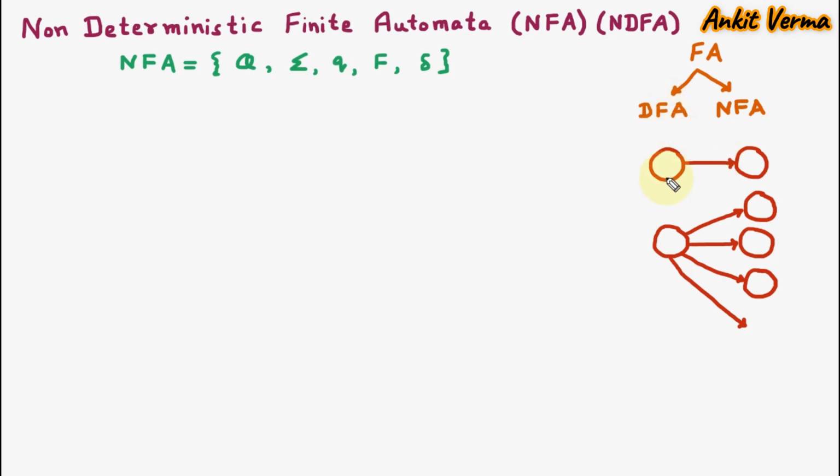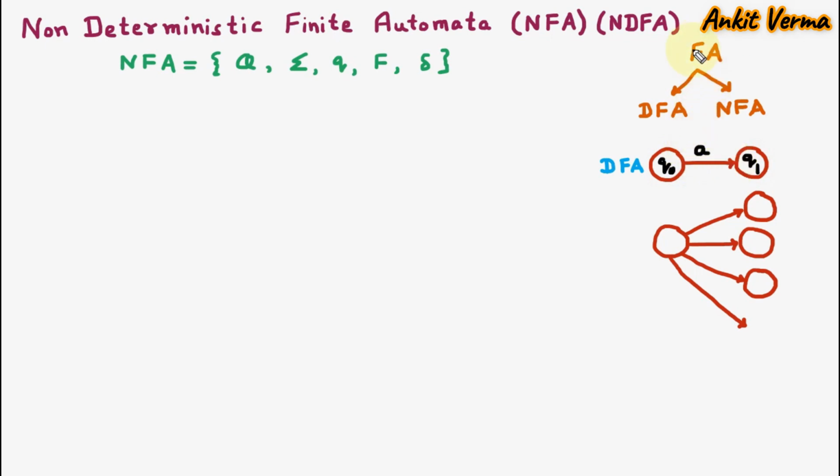So here in the figure, let us suppose that we are on the state Q0 and here the input A is coming. Then we are moving to the next state, which is Q1. This is DFA because here we know that if we are on the Q0 state and if A is coming, we have to go to Q1. It is deterministic because the move is already defined.